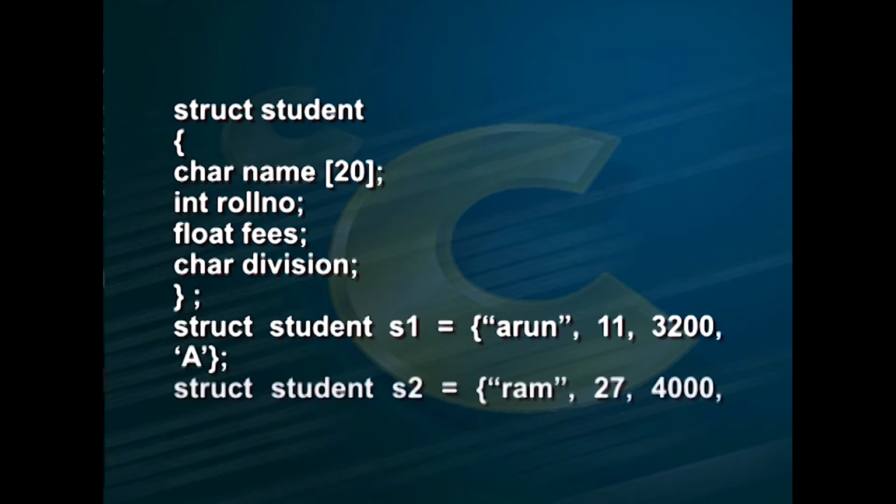struct student S1 = {"Arun", 11, 3200, 'A'}; struct student S2 = {"Ram", 27, 4000, 'C'};